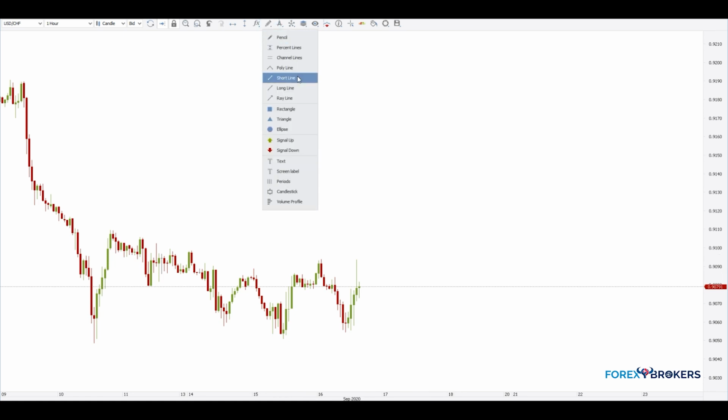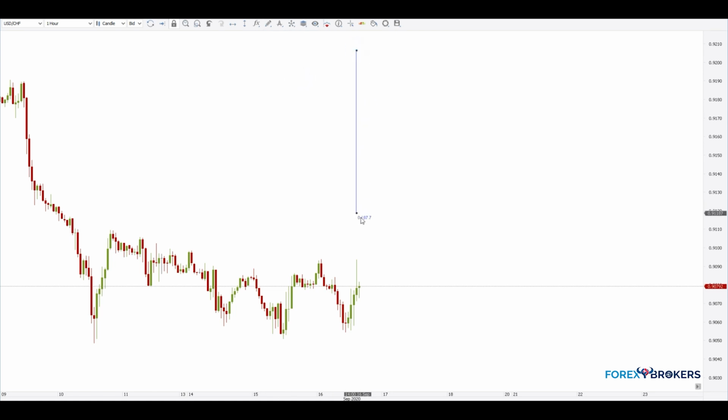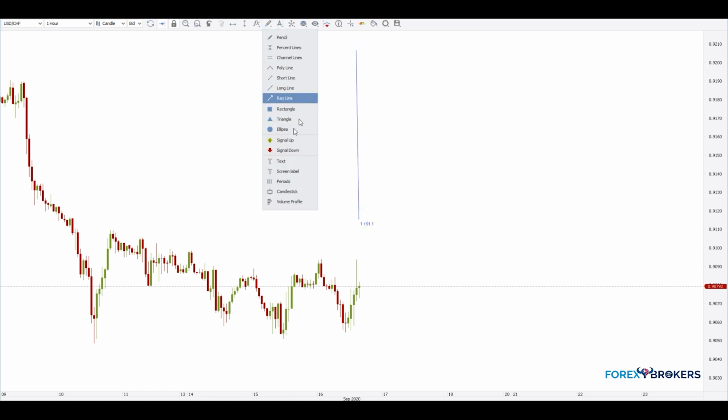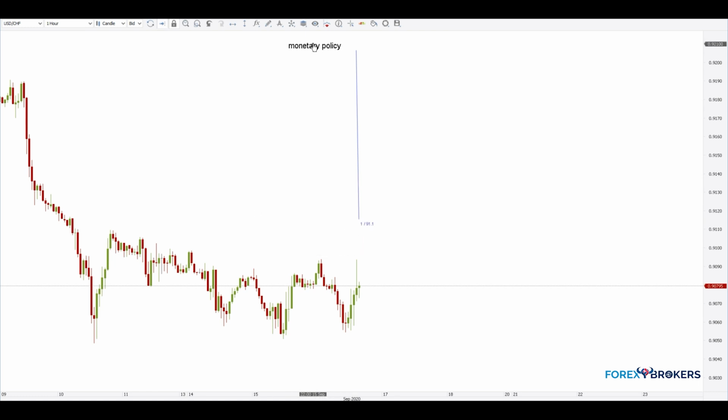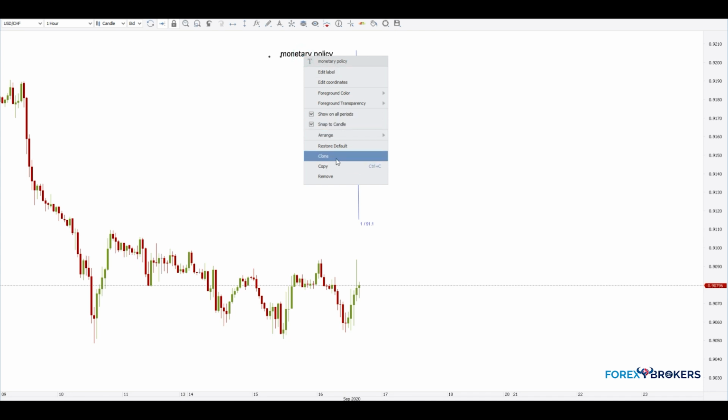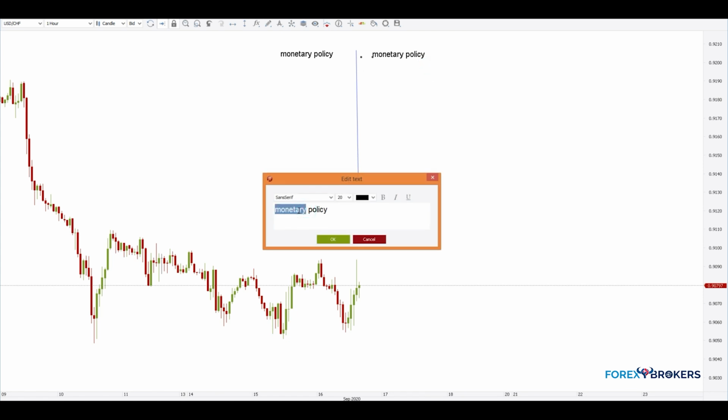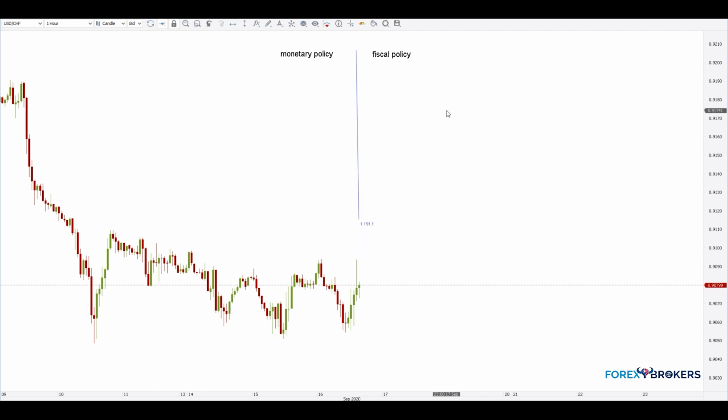In order to move along, we should split the screen here. On the left side we have monetary policy, and on the right side we have fiscal policy. Why does it matter for a currency pair, and why is it important for fiscal policy to follow monetary policy when it comes to coordinated action? Well, the current crisis, the coronavirus crisis that reached the Western world in 2020, is the perfect example.